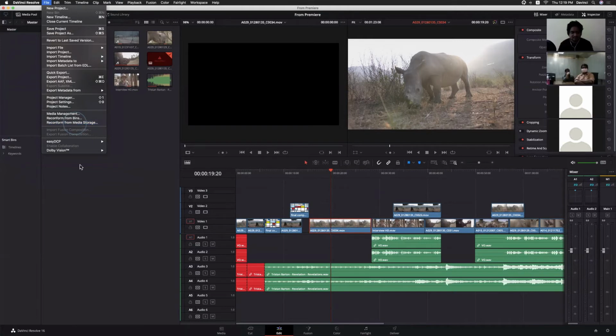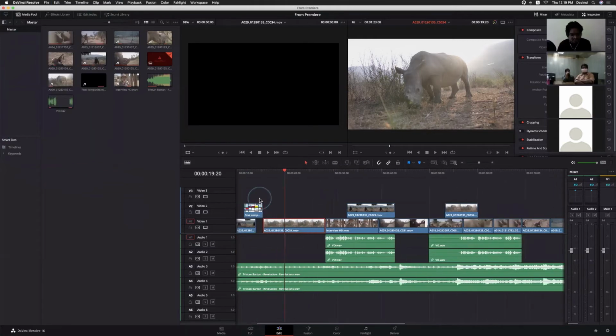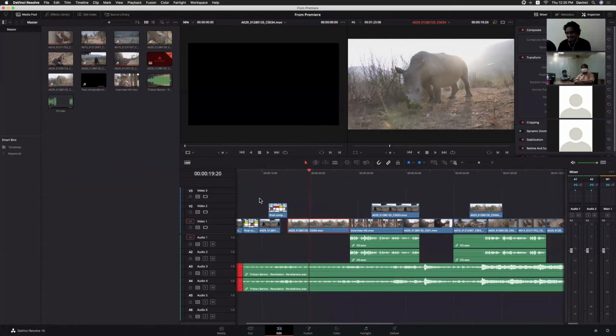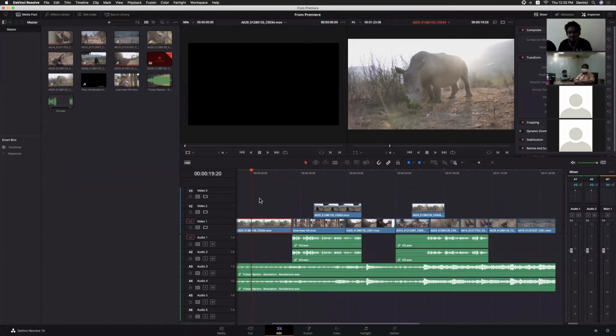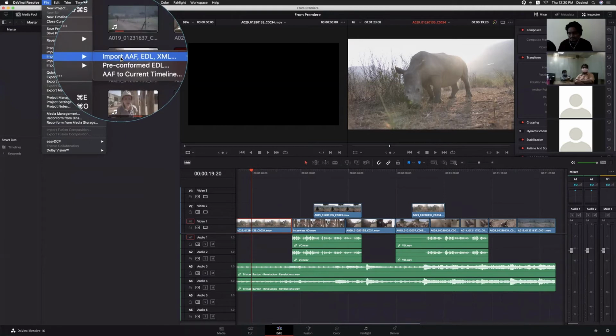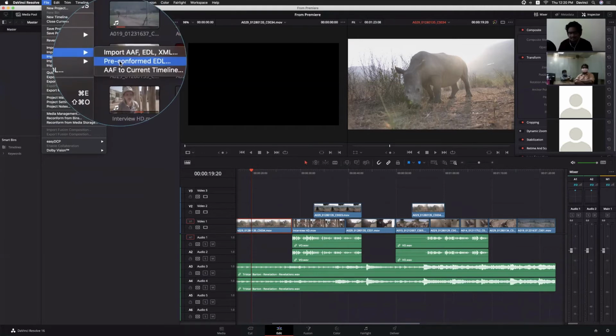Yes. Okay, fine. But sometimes we'll get lots of problems while reconfirming and relinking. That's in the practical world, right? While dealing with a large project, while working itself, we need to explore most of the things. But this is an overall overview of working with particular timelines, the EDLs, XMLs, and reconfirmed EDLs, right?